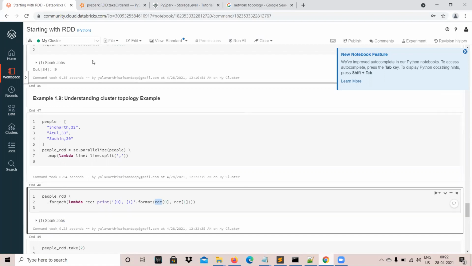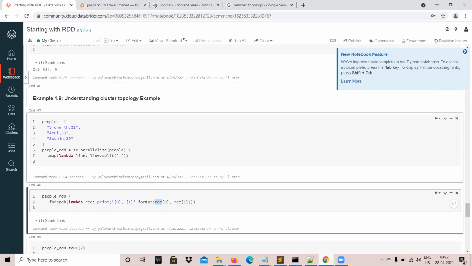If you go to the PySpark documentation, you will see foreach is also an action. But whatever output it has, it doesn't return any value. It's exactly the same as the map function. It applies some transformation one-to-one, record by record, but it never returns any output. That's why it is called an action. You can think of it as: you have certain transformations to be applied, and that's the final step. You don't want to go further. Instead of calling the map function, you can apply the foreach function also.